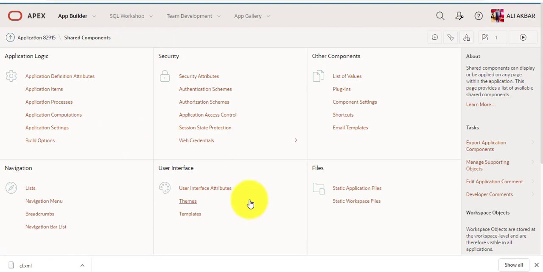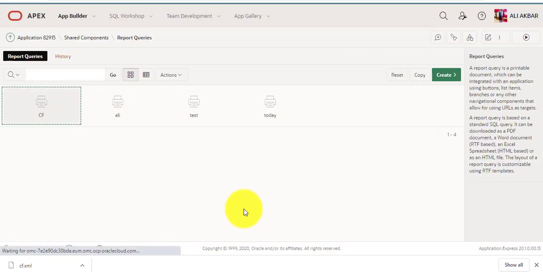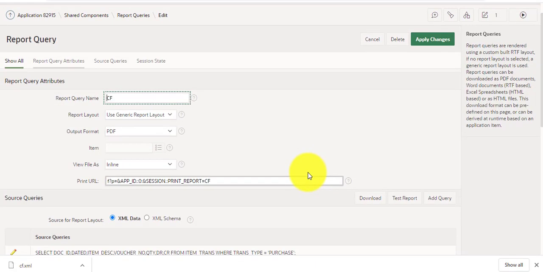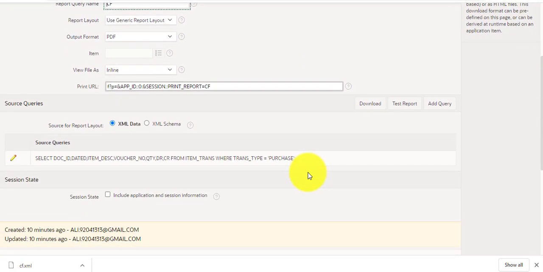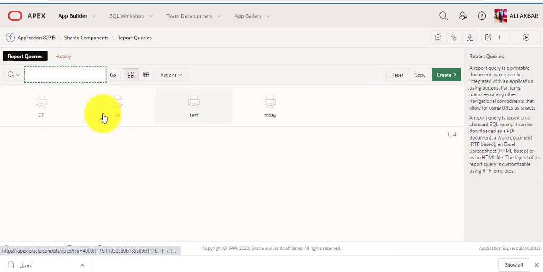The CF file has been uploaded. Now I'm assigning this query, CF, to my layout, apply changes.